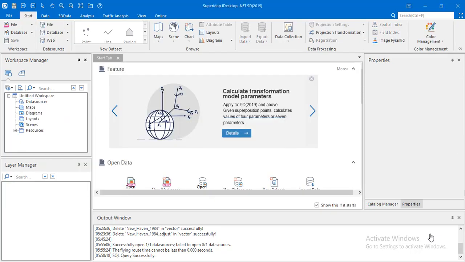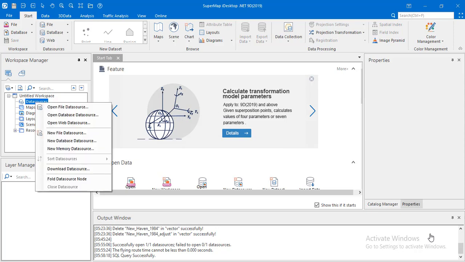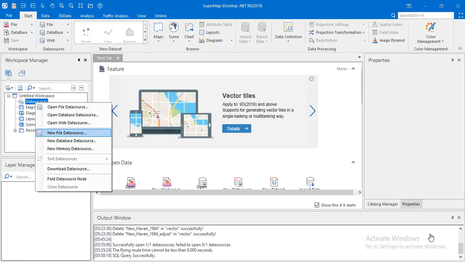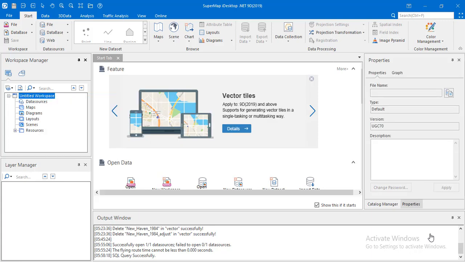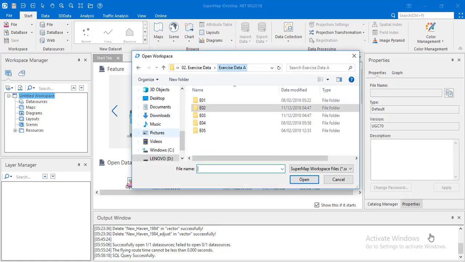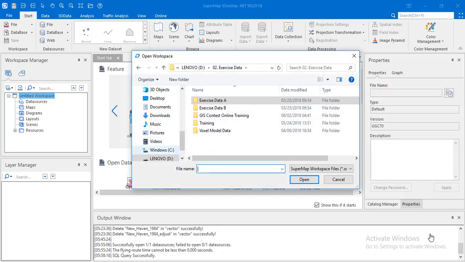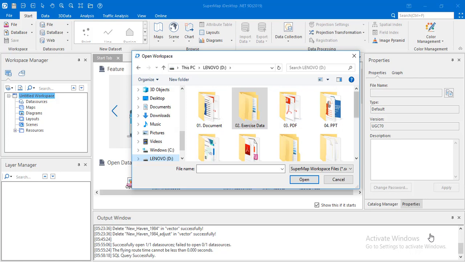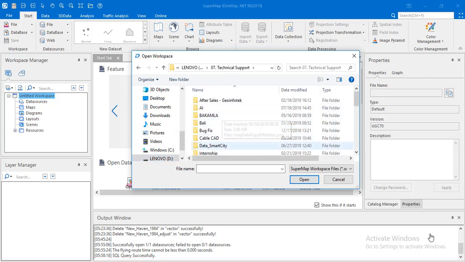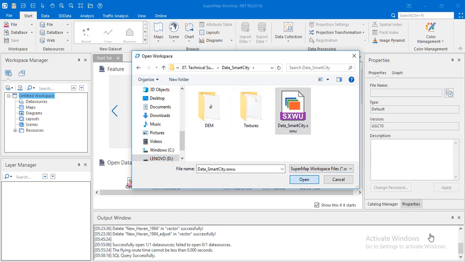That's all for the building information modeling exercise. And the last one, I will show you raster data. This is the DEM data, and we will do some other 3D analysis based on this data. This is the data